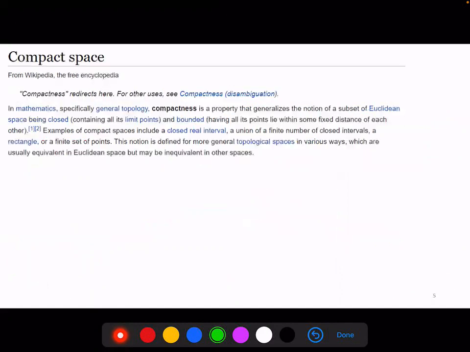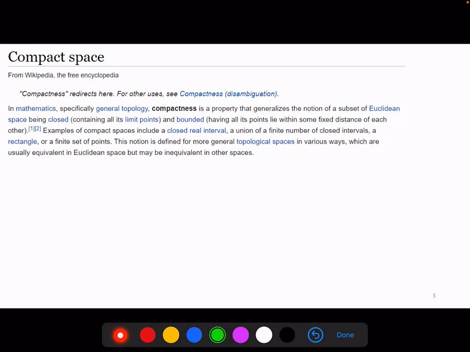Okay, compact space. So we have lots of different sets, different notions of compact. Typically, we call a set compact if it is closed and bounded. But there's another definition which is often very useful. It is the finite open cover property. If you have a set that is covered by open sets, then you only need finitely many of those open